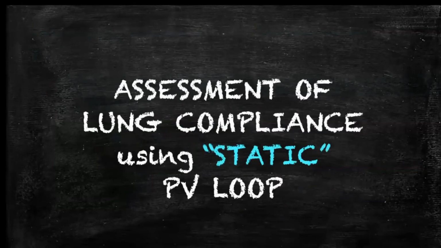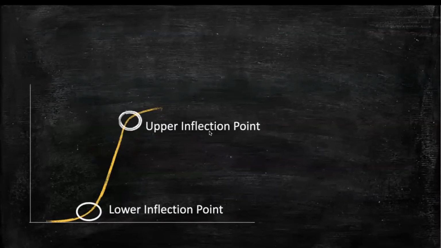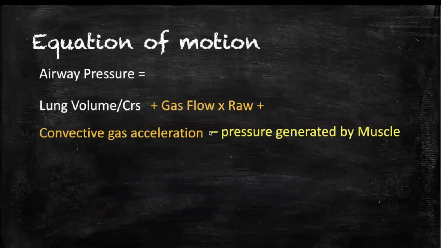Now, what is the static PV loop? Till now, whatever PV loops we saw, they are not static loops, they are dynamic loops. So we will see a static loop. This is an actual PV loop with a lower inflection point and an upper inflection point, and then there is an expiration. To understand the concept of the static loop, we need to understand the equation of motion, which says that